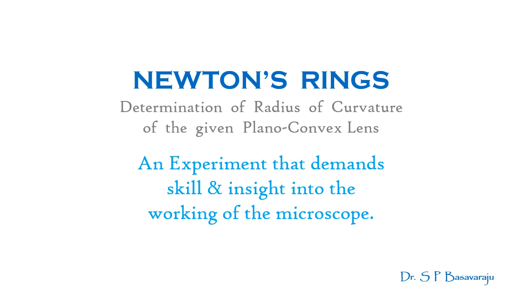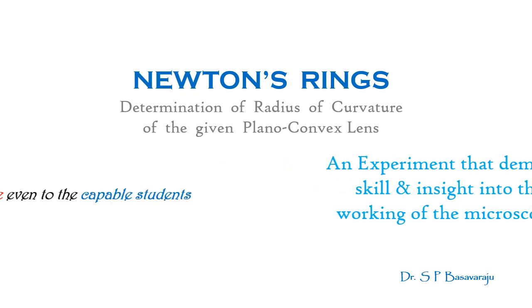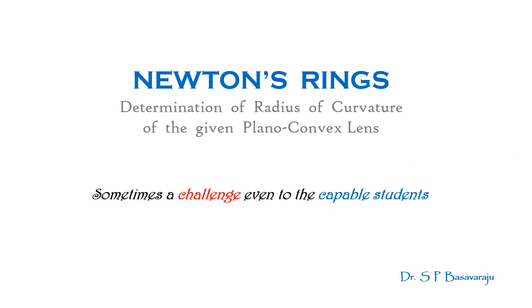As an examiner in practical examinations, I have seen sometimes even intelligent students struggling to get the rings despite having a good knowledge of the experiment. The reasons were many. Some missed out on the principle of operation of the traveling microscope, some had taken for granted the initial settings, and some had unknowingly disturbed some critical settings which they themselves had done earlier, and some such problems. But every one of those problems could be solved within a matter of few minutes, provided you are aware of why it happens.